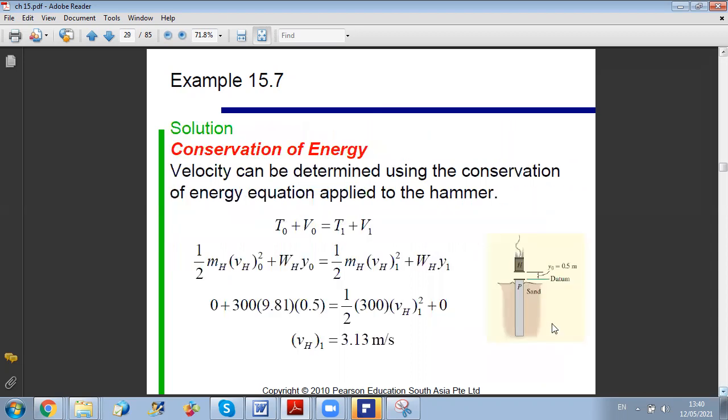This is the figure. This is more clear. You have an object here, P. You want to push it downward in sand. So you will use a very heavy weight, a hammer. First, you will release it from rest from a certain elevation. We lift it a bit and release it, and when it reaches the pile it will have a certain velocity.